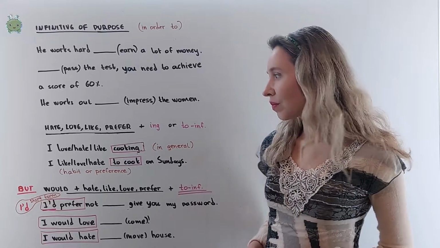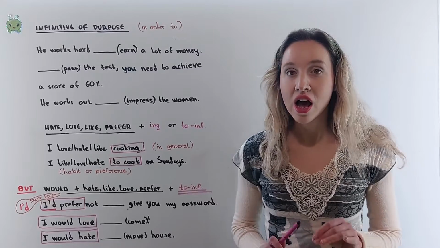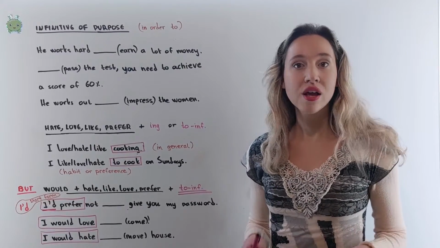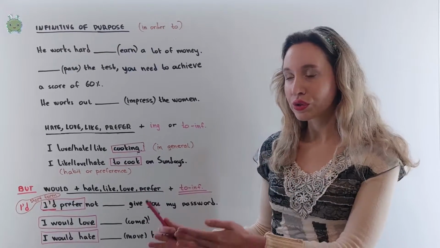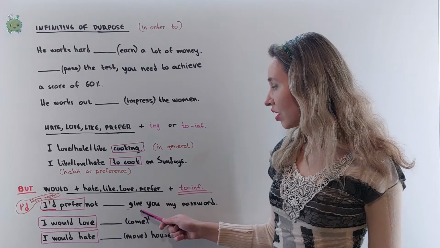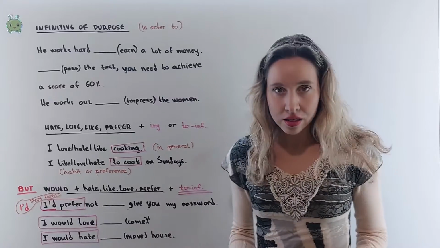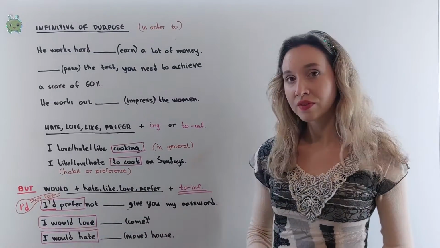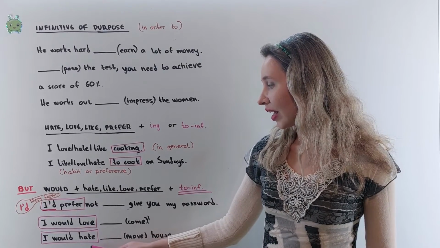But use the to infinitive after would like, would love, would prefer. I would love to. I would like to. I would prefer to. I'd prefer not to give you my password. This is a short form, I'd. I would love to come. Your turn. I would hate